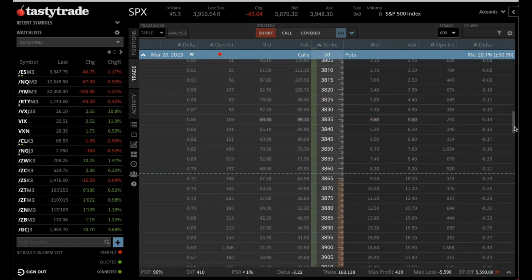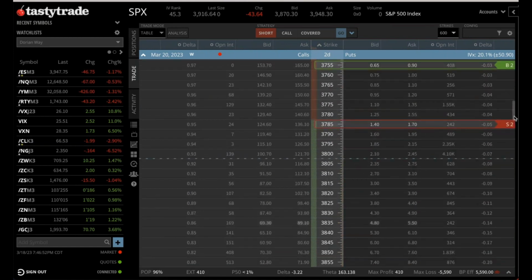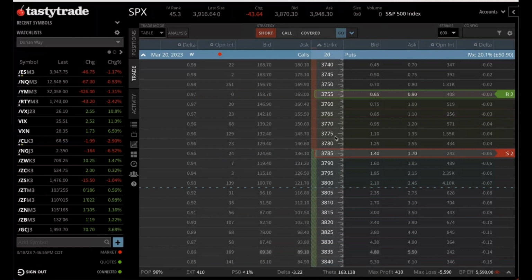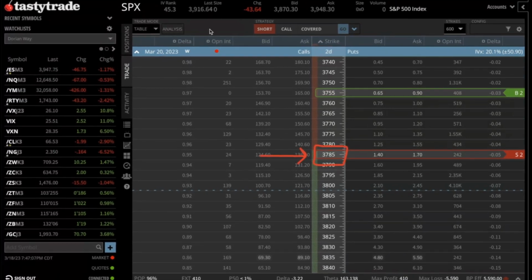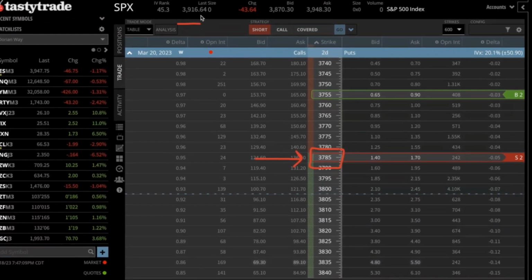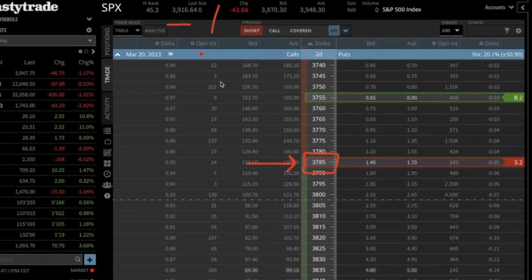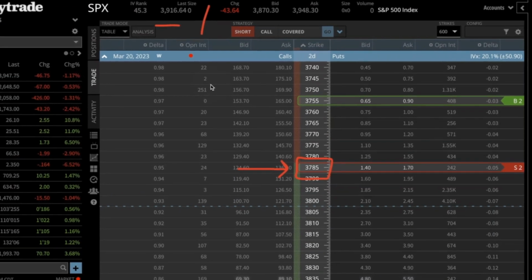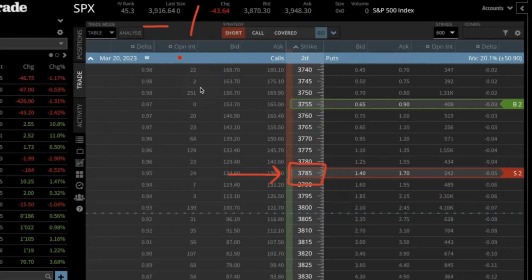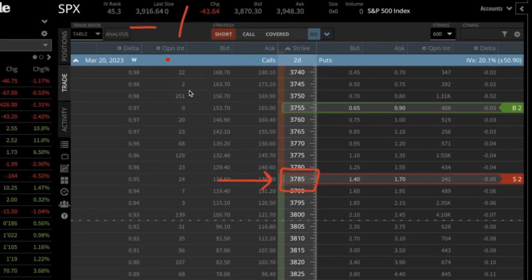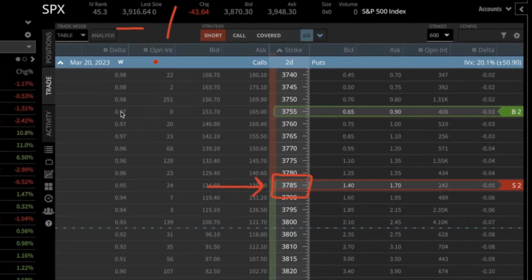And so now we want to see what percentage this is from at the money. We said that the VIX said 1.6% basically. So we're going to see how far this is from at the money. So we just do a basic percentage calculation. You take this short strike here, this 37.85, and you subtract it from the last price, and then you divide it by the last price, right? So we're going to take 37.85 minus 39.16 divided by 39.16, and that's going to give us 3.3% away on